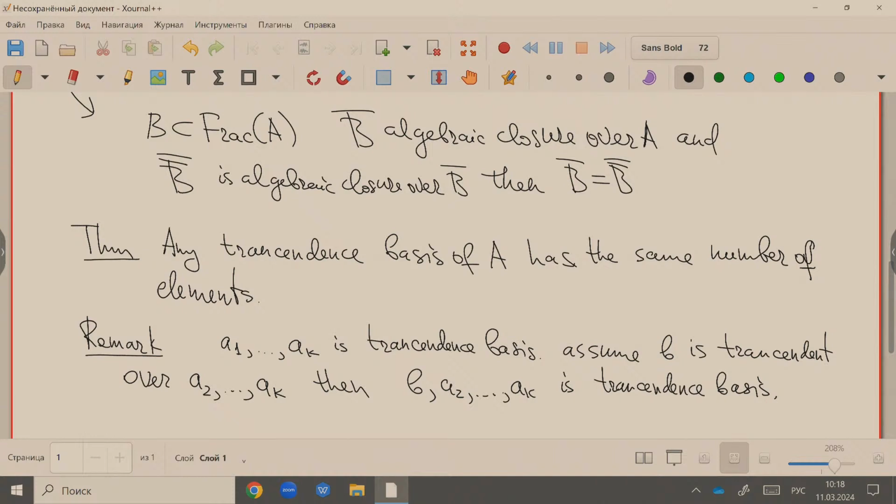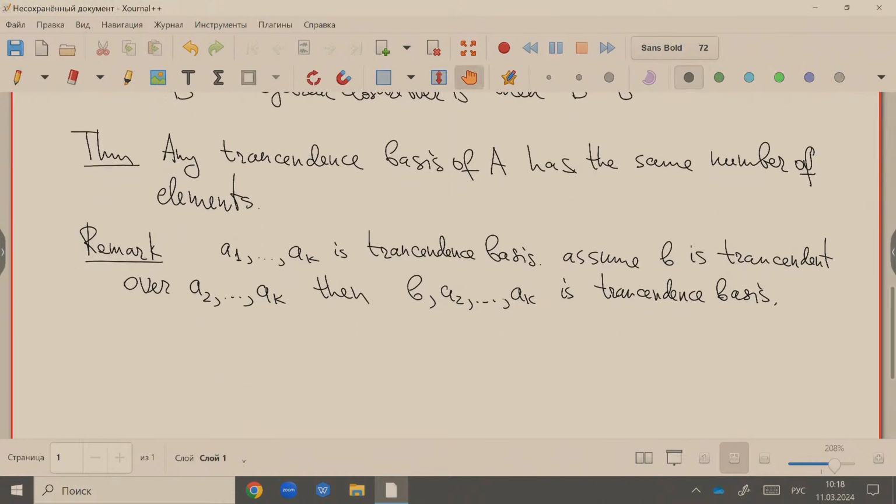Yeah, so this is the same as what we do with vector spaces and add a linearly independent vector. If you have a vector which is linearly independent with the subset, you can change one vector to be the basis. Of course, if they generate the whole space. So suppose. Yeah. So we know that B.